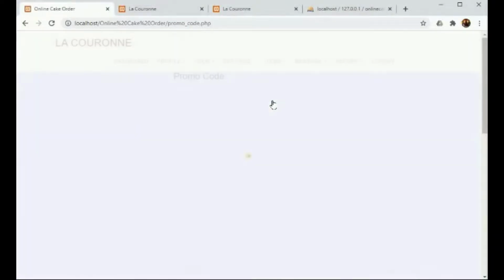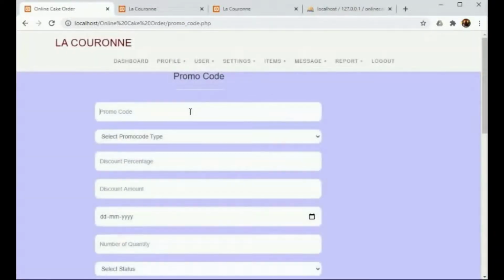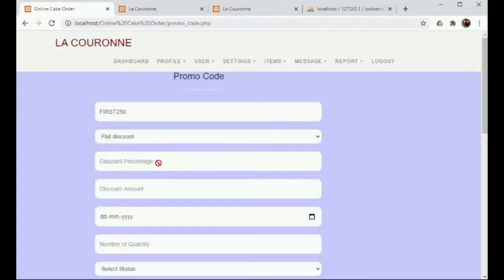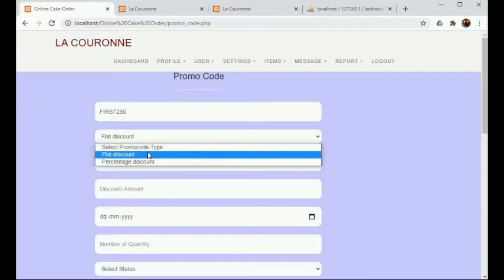Under add promo code, here the admin can add the promo codes, that is if company wants to give any discounts, the promo codes can be added by selecting the promo types, that is whether a flat discount or a percentage discount.